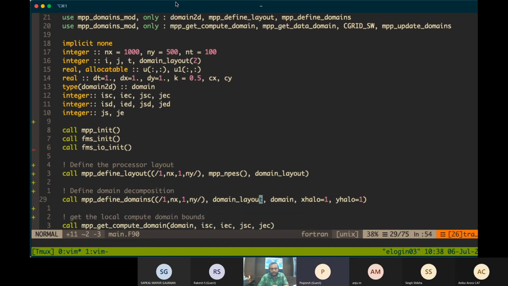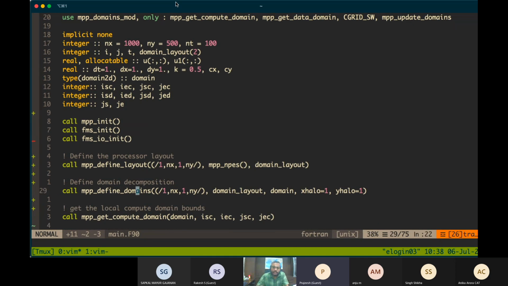Then in the domain, you need to decide how many halos you want.